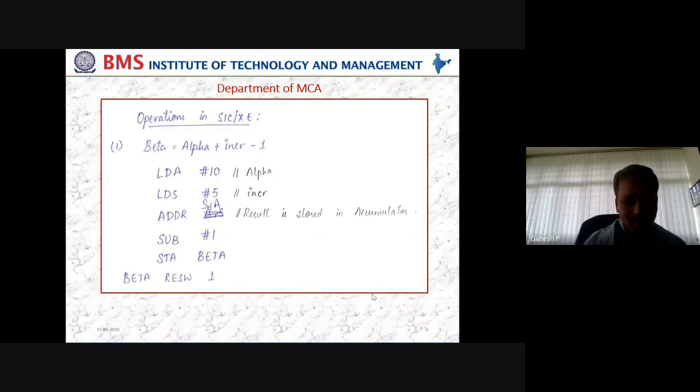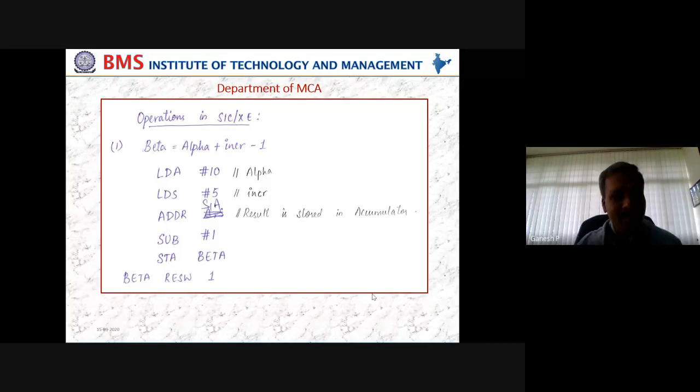Now I have got values in the accumulator. I have got values in the register S. Now I have to add these. Look at the instruction here. It is ADDR, not ADD. When I have ADDR, please refer to the instruction set. There are 3-4 such instructions in the instruction sheet that you have with you. Maybe ADD, then followed by ADDR. Similarly, SUB, followed by SUBR. Similarly, MUL, followed by MULR. Similarly, DIV, followed by DIVR.